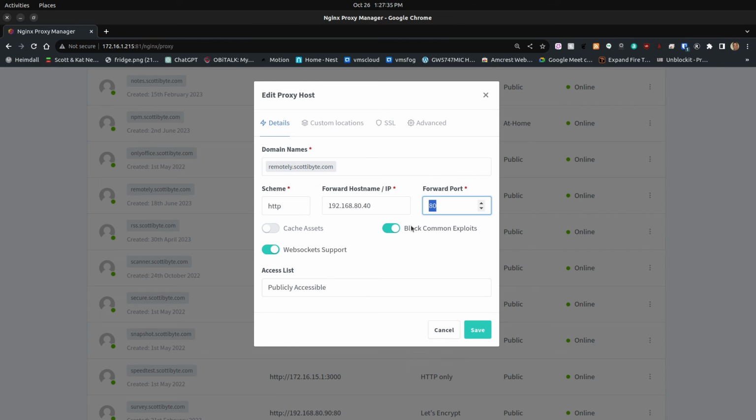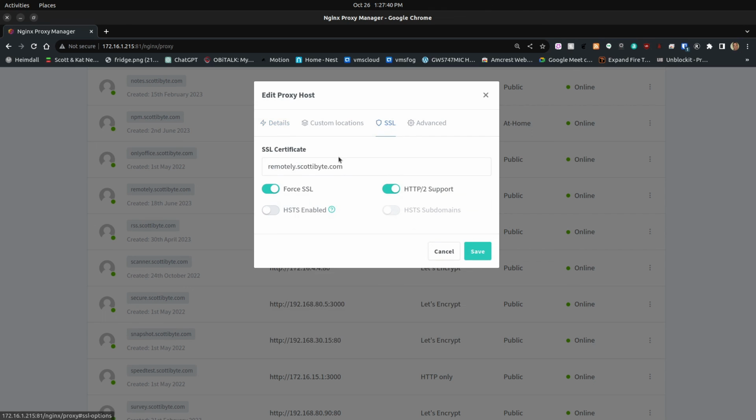I set up block exploits and WebSockets to be on as well, and go over to SSL and I assign a new certificate. In this case, it assigned the certificate for the subdomain name remotely.scotti-BYTE.com. I've also enabled Force SSL and HTTP/2 support. And once I do that, I go ahead and click save, and that makes my instance accessible from outside my network at